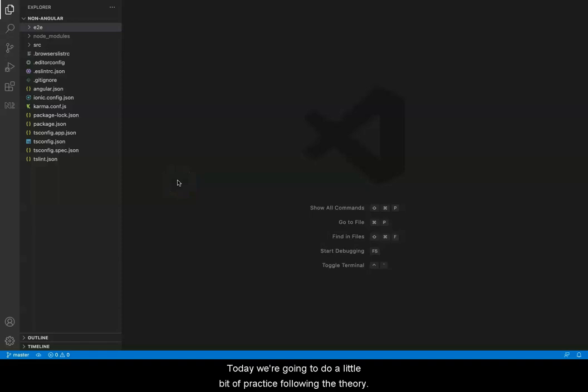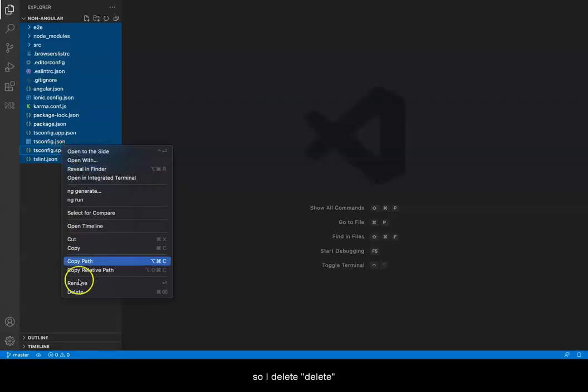Today we are going to do a little bit of practice following the theory. We are going to try to configure an Ionic project without Angular. To do this, we recreate an Ionic project via Angular, and what we are going to do now is delete all the content. So I delete,